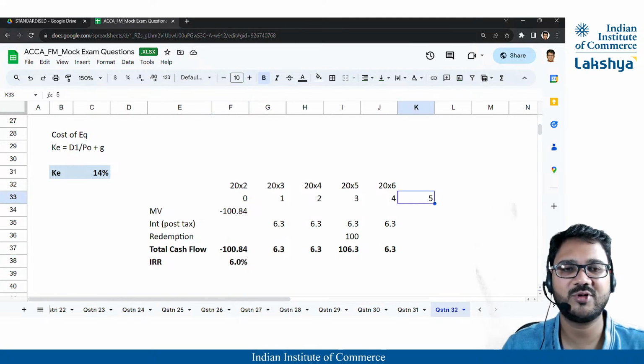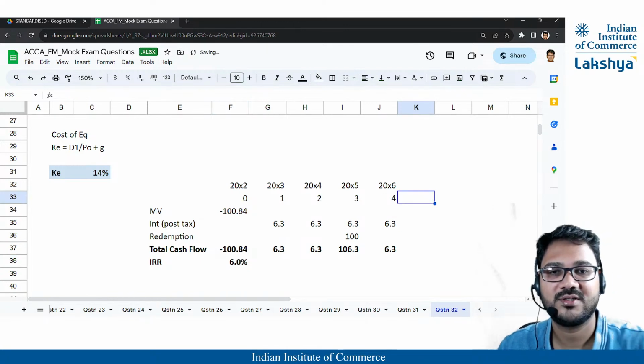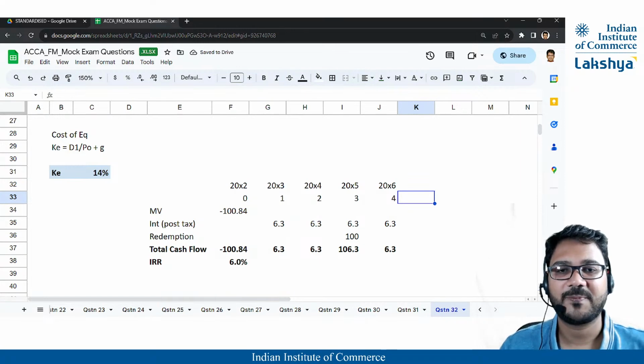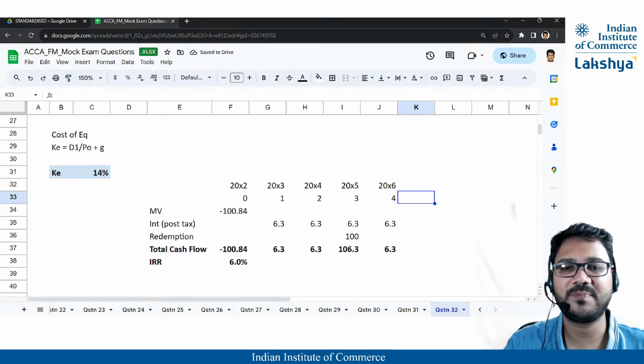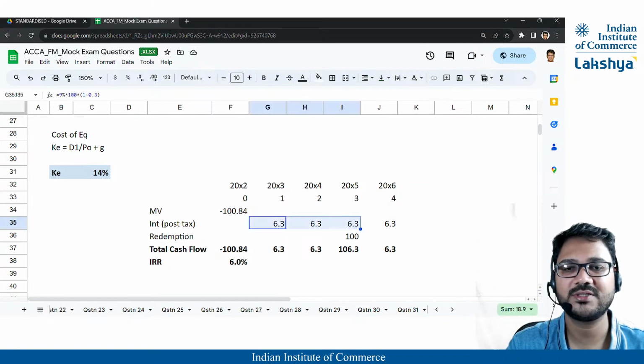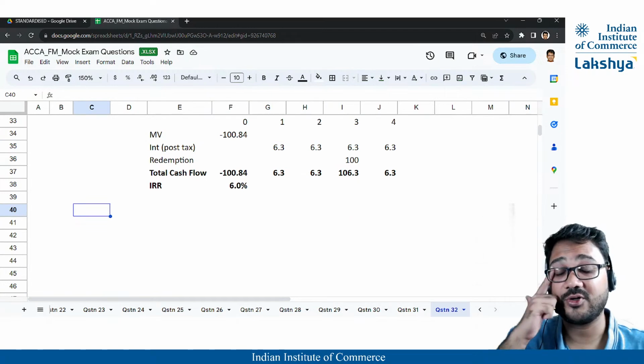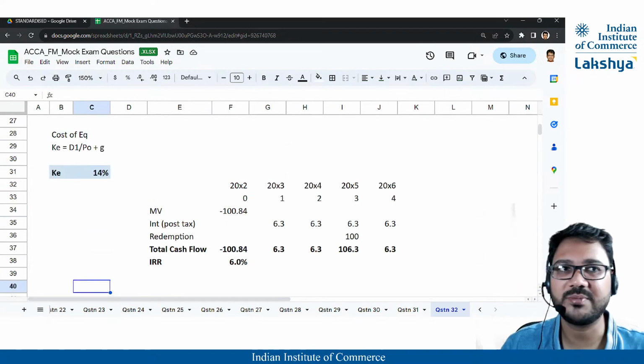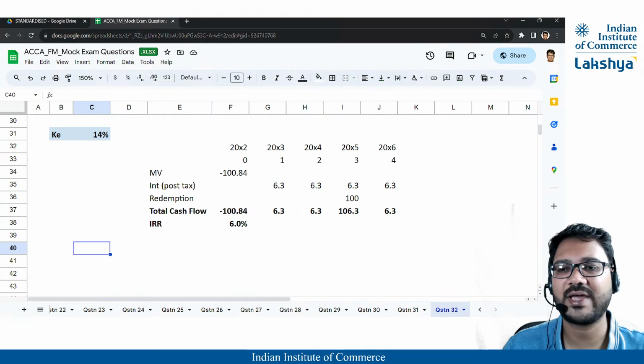But basically what is happening is your 4 interest payments are in a lag. So you are going to take only 3 years of interest, 1, 2, 3, and do it accordingly. Clear? So keep this in mind. Not 4 years. That was the only tricky bit. And now you can put in your WACC.